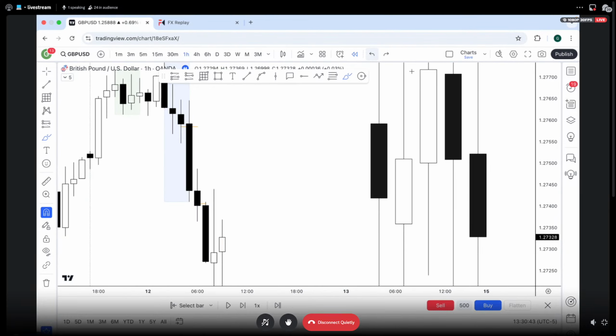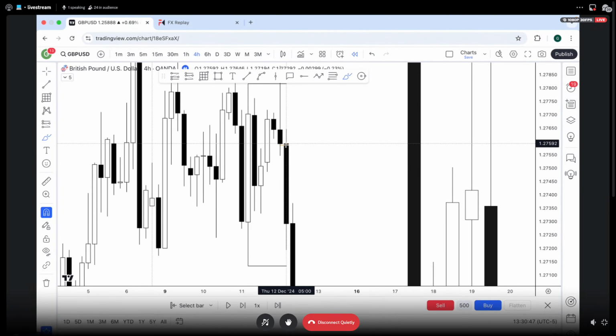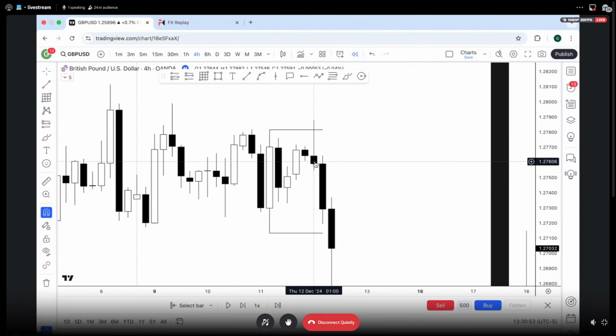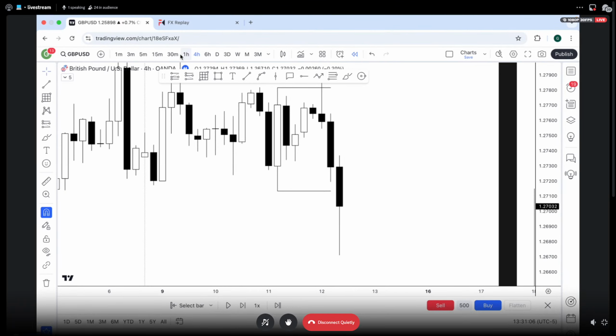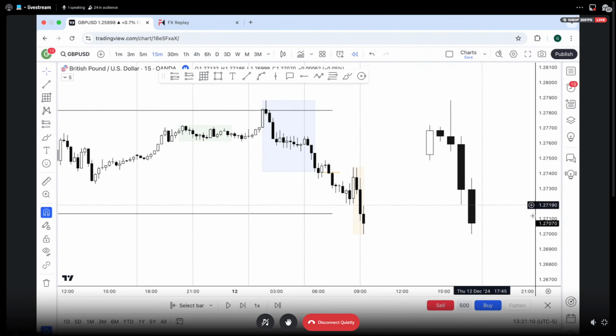Now, ideally, this is where you want to be involved, right? Like I said, this is the perfect candle. And like I mentioned earlier, how we use the 4-hour candle a lot. I view this 4-hour candle as manipulation. Then I trade this candle lower, right? So inside of this 4-hour candle, you're going to have 1-hour expansion candles. It's very interesting. I'll show you guys tomorrow. But essentially here,